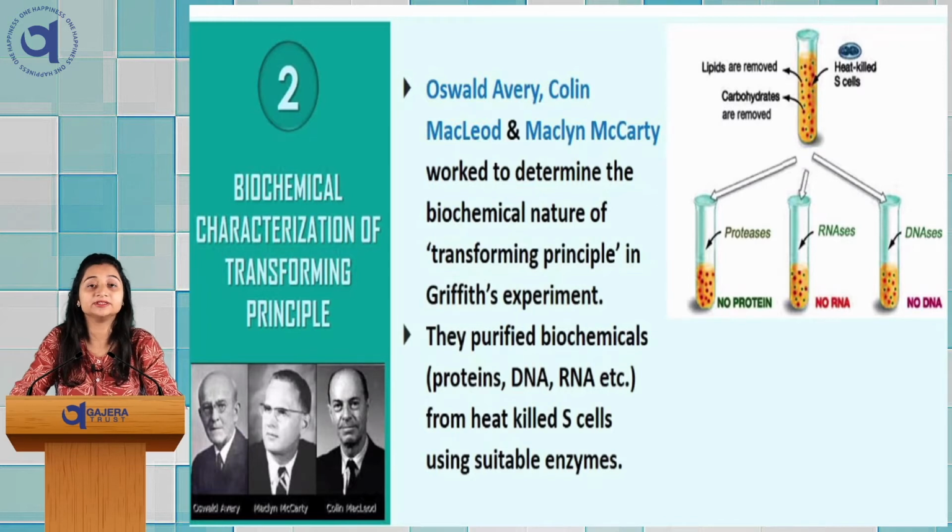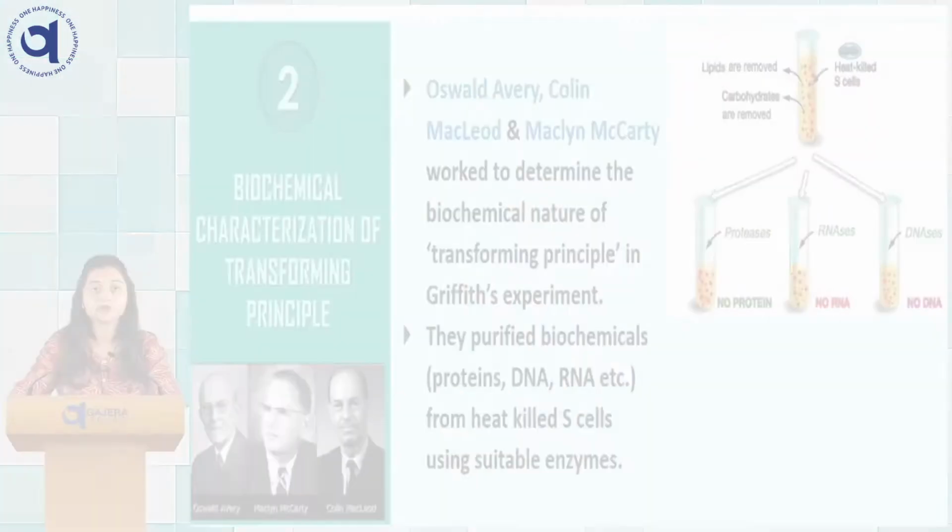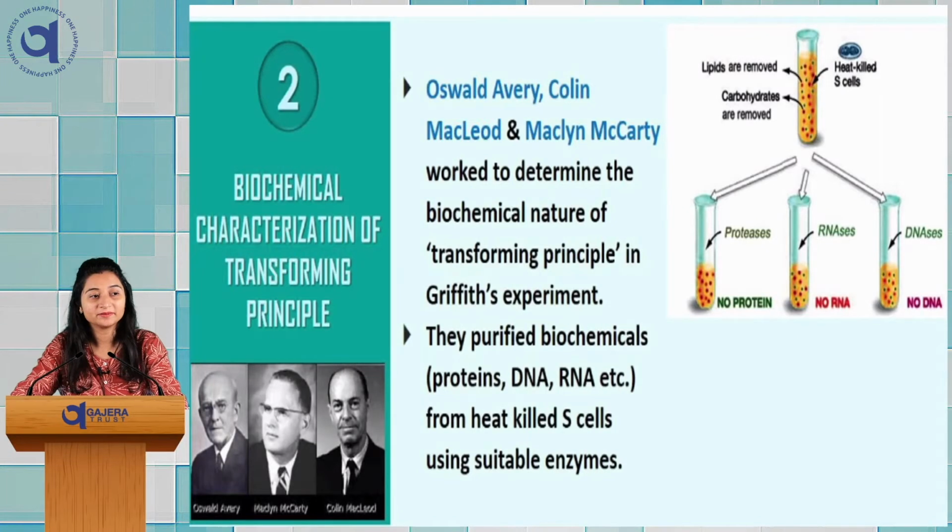And that is the genetic material which was getting transmitted from the R body to the S body. So, by this experiment, it can be concluded that the genetic material that was getting transferred was DNA, and it was making this R strain become virulent. So, moving further with this experiment,